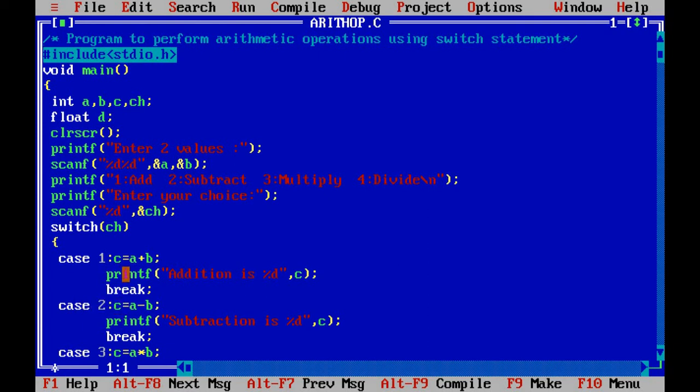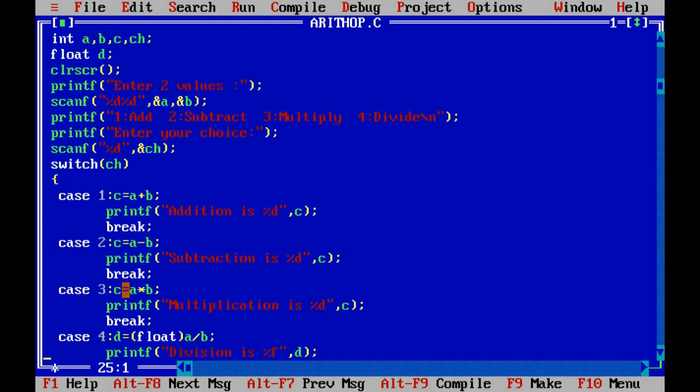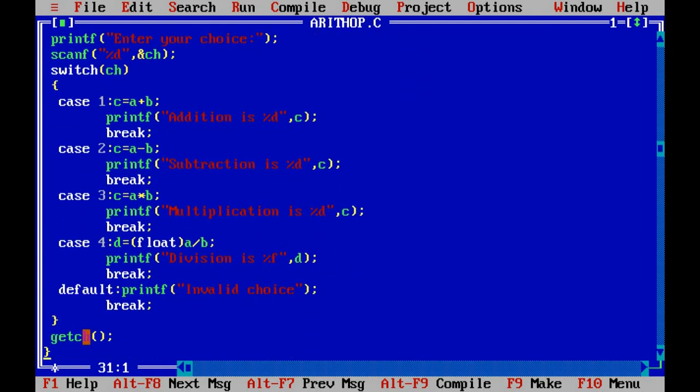After executing this block, it directly comes out of the switch statement, because as the user had selected 1, only addition must be performed. No other operations must be performed. When the user selects the choice 2, then subtraction is to be performed. So c is equal to a minus b. Printf subtraction is %d. Then 3 is for multiplication.